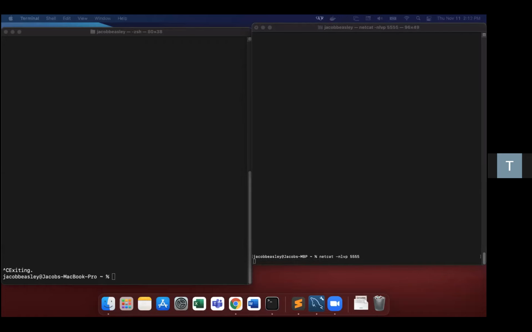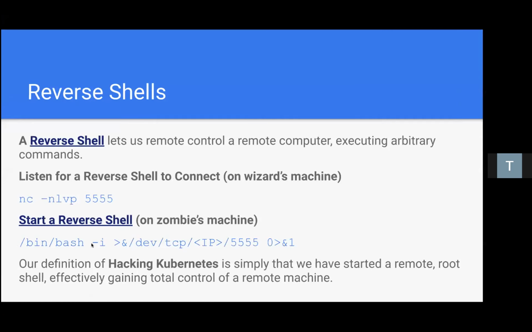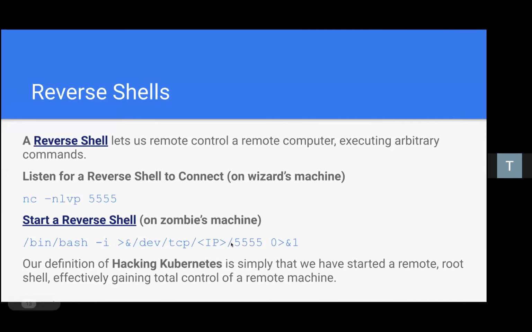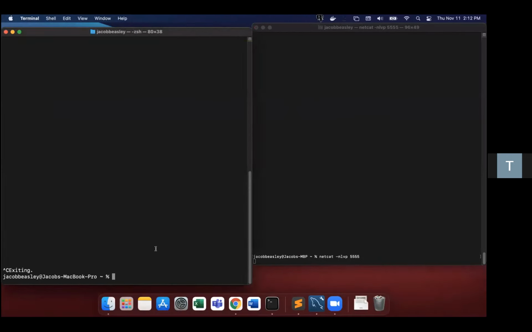Then on the remote computer, I would have to run a command. In this case, I'm running a shell terminal, and I'm piping the input and output of the terminal to the wizard, to the remote computer, to the hacker. I'm running this one locally. I'm going to do it in Docker and Kubernetes after this, but I'm just demonstrating it on my local computer because I think it makes more sense that way. So I'm running this,